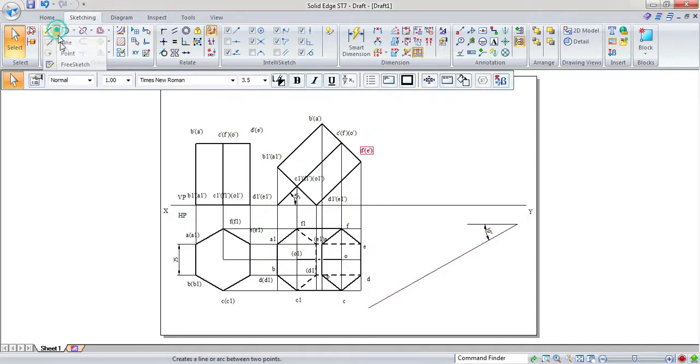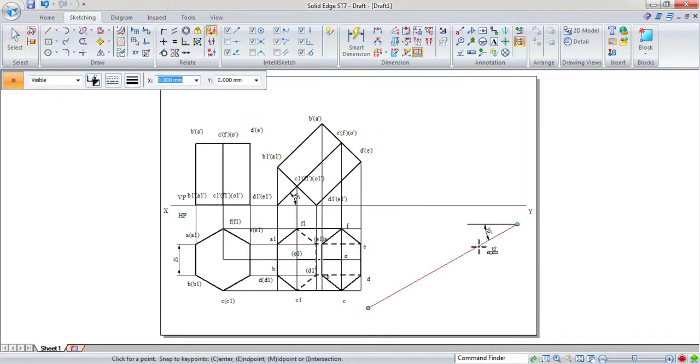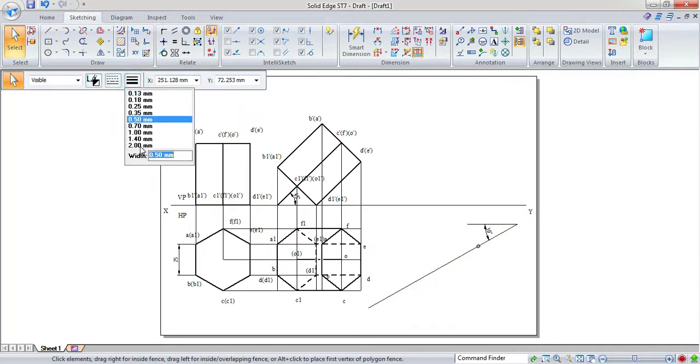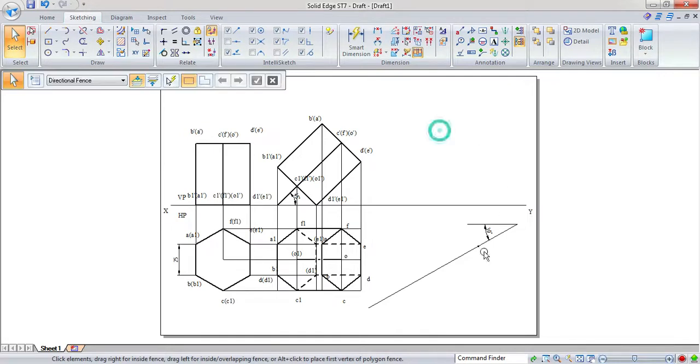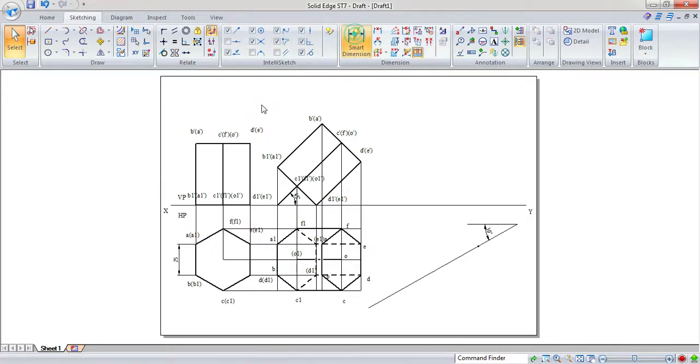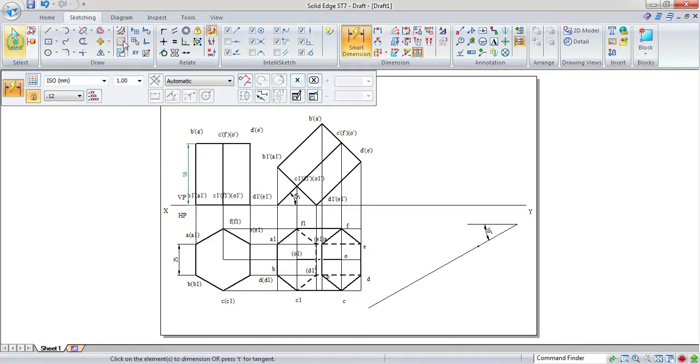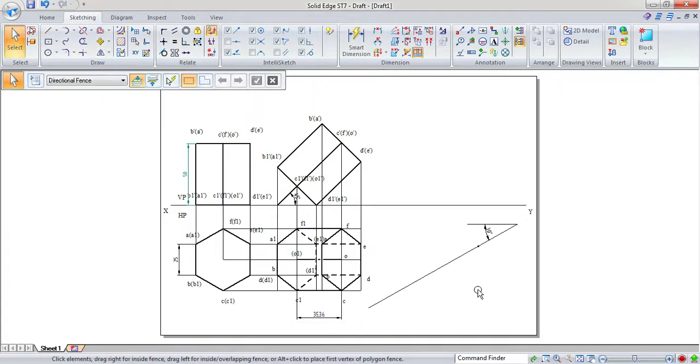Now I'll take a point command. So I'll take a reference point here. I'll make it darker in order to be visible clearly. Now we need to measure the first axis length as well as the second axis length here, because we have to solve this problem by locus method. Yes, so the first axis length will be 50 here. So from this point, give a radius of 50 and cut this line.